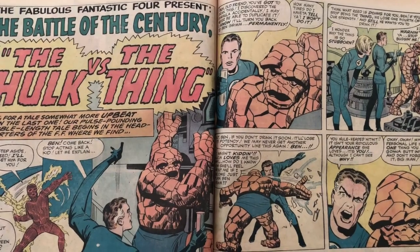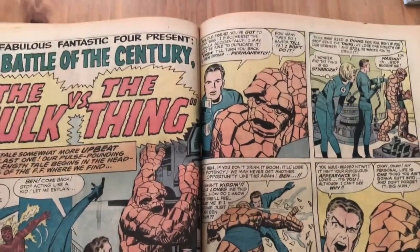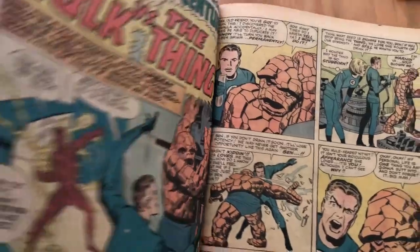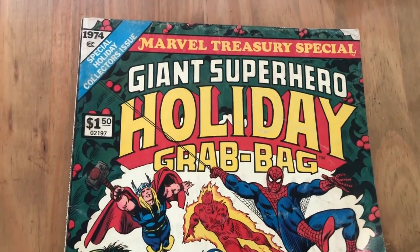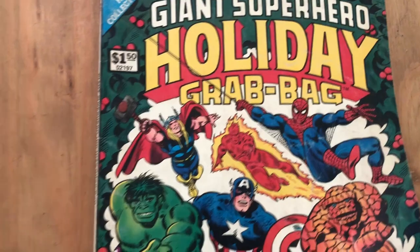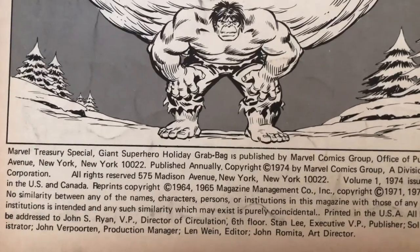Anyway, I'm looking over some stuff that I've kept since I was a kid, and here's a Marvel Treasury edition from the 1970s. I'm going to focus on a two-issue story they reprinted in this, and here's the Marvel Treasury edition. This one's a Marvel Treasury special. They are kind of addicting, though. So it's a holiday grab bag, and it reprints a bunch of stuff. This one is